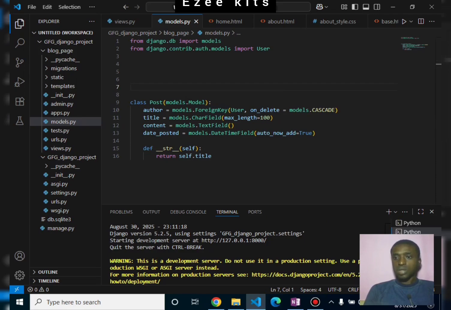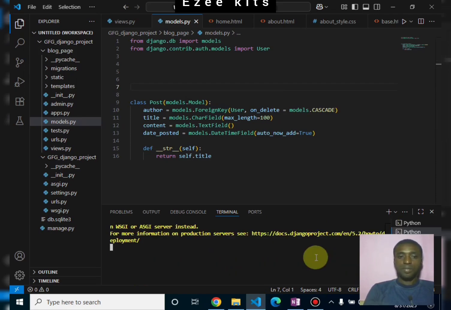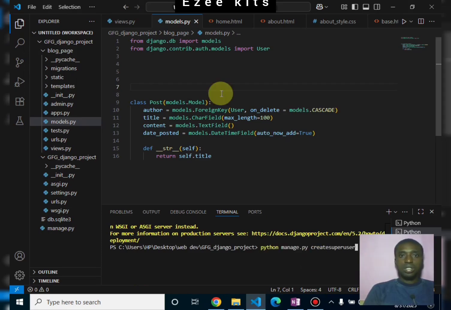So to do that, we need to stop our running server, which is Control C. Next, we have made changes to our models.py. Right now, we want to prepare our database. We need to structure our database, because the way it is currently structured is not what we expect. So for us to attach what we created in the model,